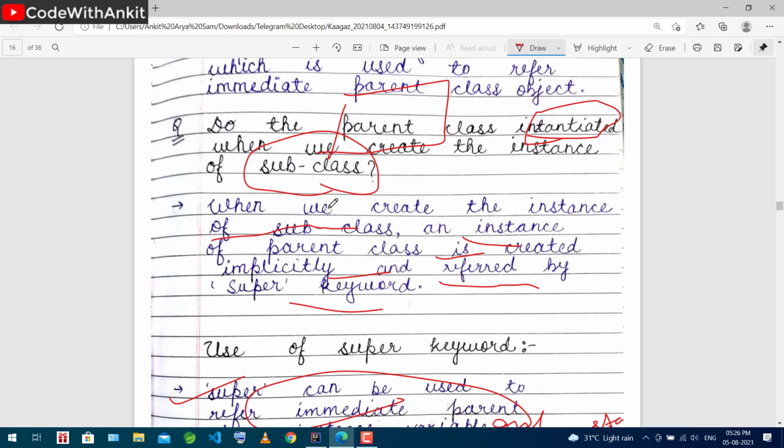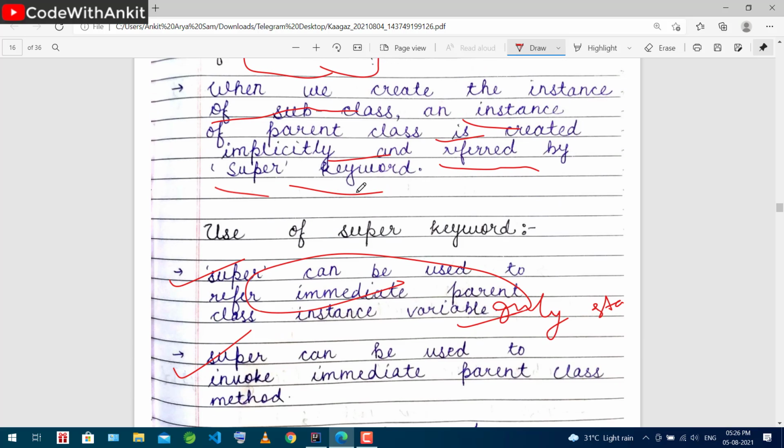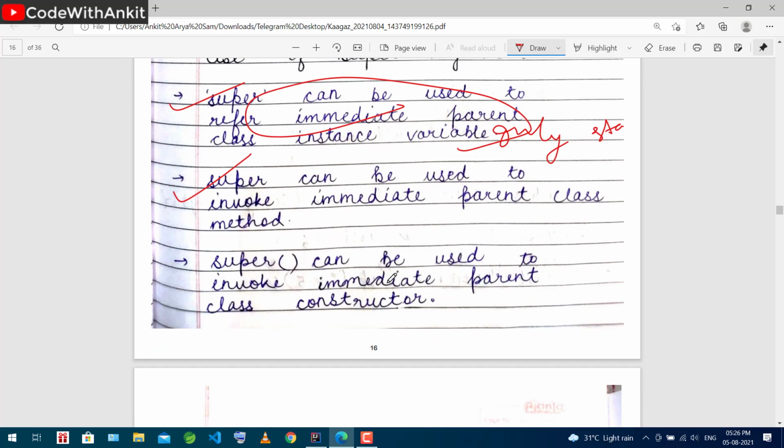In physical memory, in reality, it does not get instantiated, sorry, but implicitly it does, and the super keyword gets the reference variable. Now things are going to be clear.